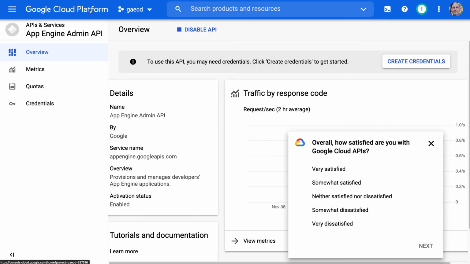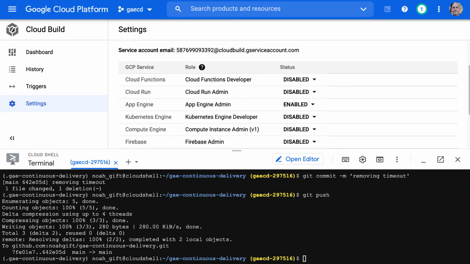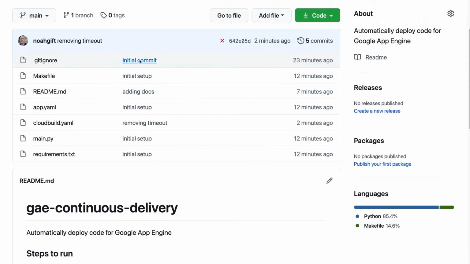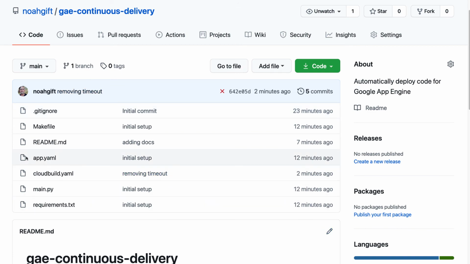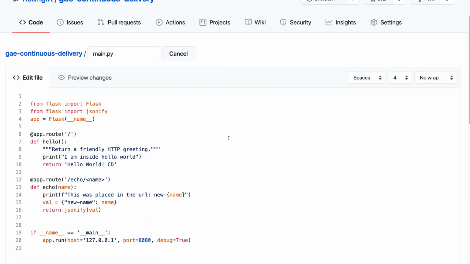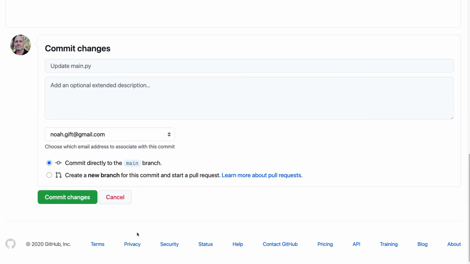Perfect. Let's go back to this cloud build environment. And in theory, because that's set up, let me just go back to it. Let's go make this closer to my environment. Okay, so what I can do now is I can actually go to this file. I believe everything works now. And I can just add something new and just say like, hello world, this is auto deploy now. Auto deploy. Let's try that. And if I press this change,